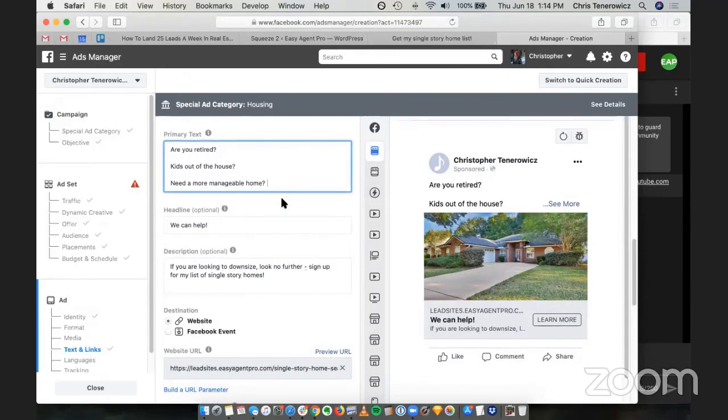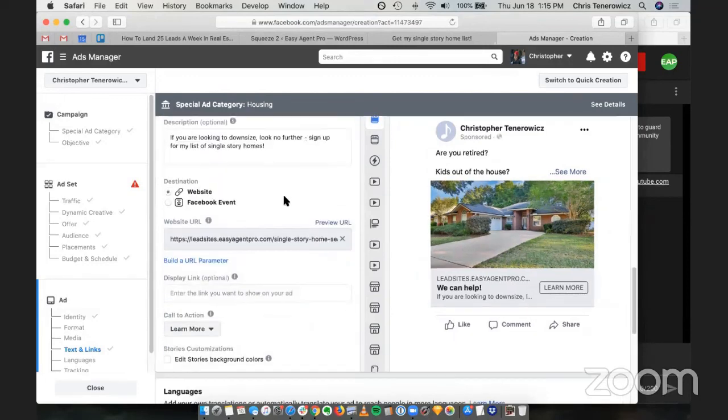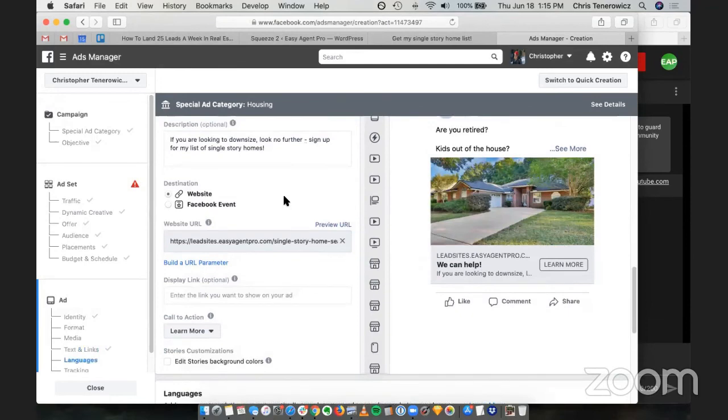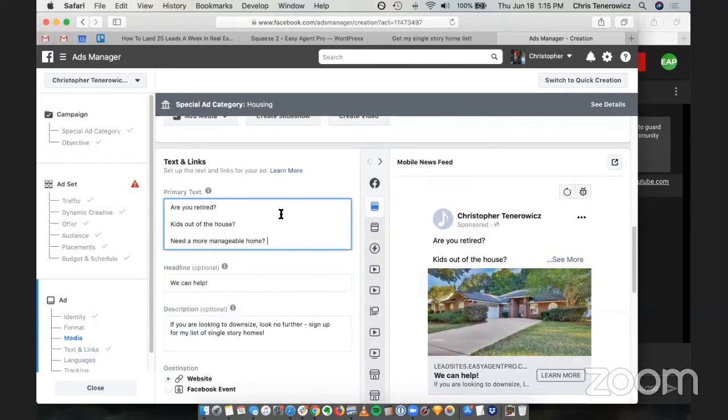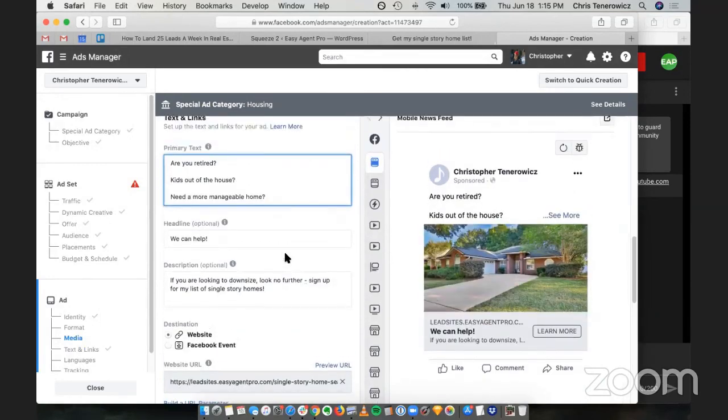And that's our little trick for defeating some of that targeting info that is no longer available to real estate agents. If you guys need any more help with that, please let us know. I also recommend watching the video that we popped up as well. Definitely an excellent resource for at least budgeting and things along those lines. But just remember, even though you might not be able to set your targeting data as finely as you might want to, you can still, in the text and links section, the primary text, the headline, description, get a little information in there that's going to help your ad out.